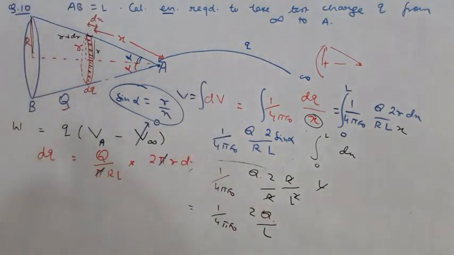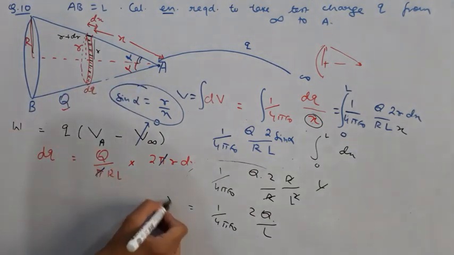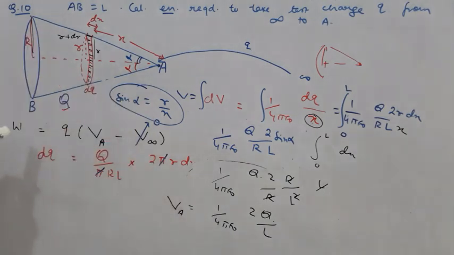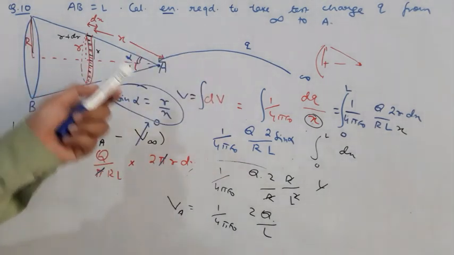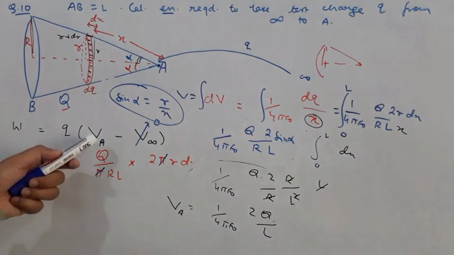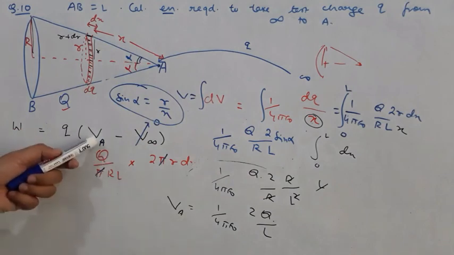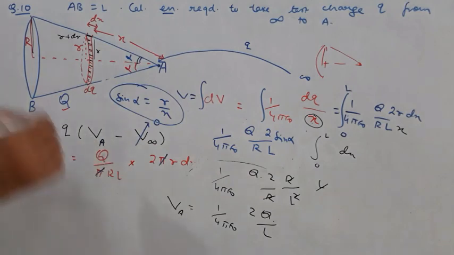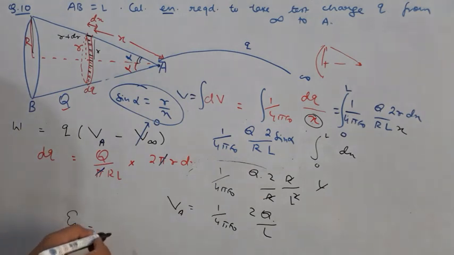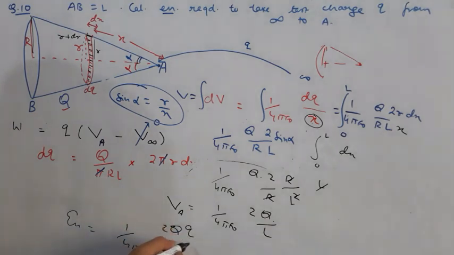Now this is not what is asked in the question. This is the potential at the apex which we have found, VA. Our task is to find the energy needed. Energy needed we have written as q times VA. We have found VA. So we have to multiply VA by q to get the energy required. So energy required will be how much? Q times this much. So 1 by 4 pi epsilon naught, 2 times q times small q upon L. So this is the answer to this particular question.